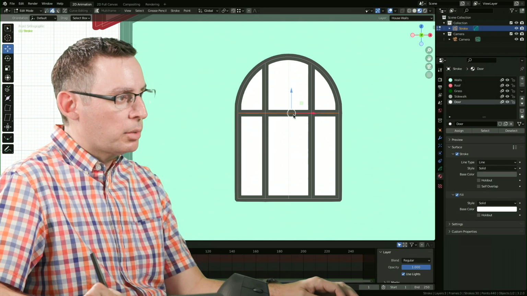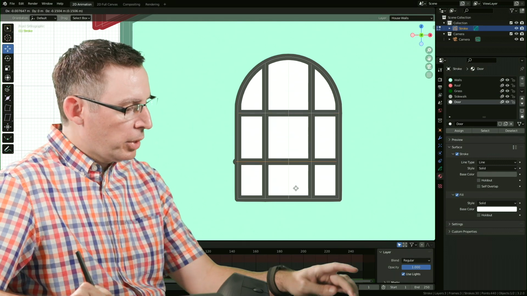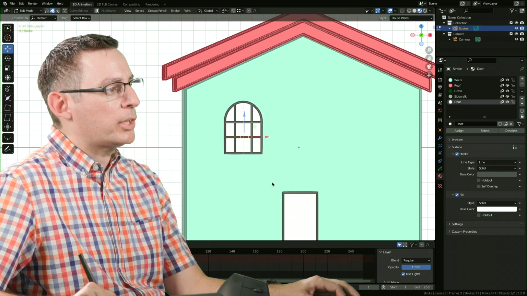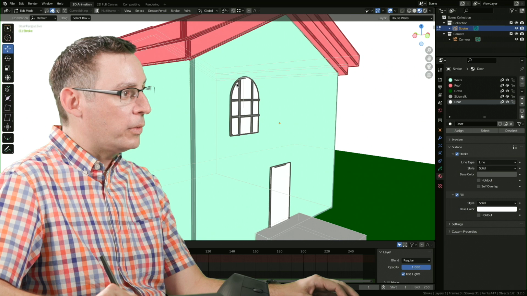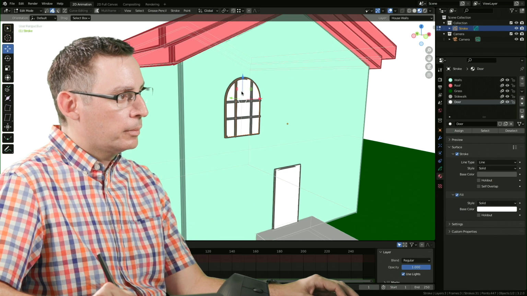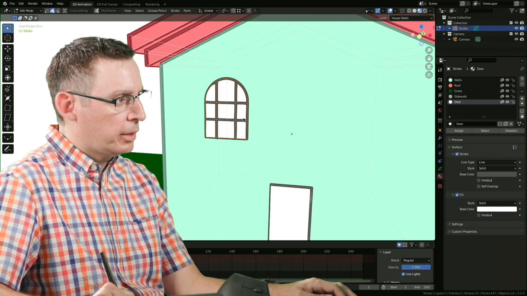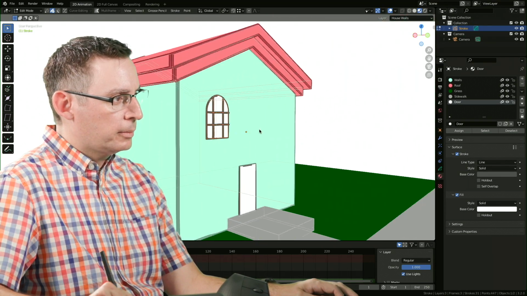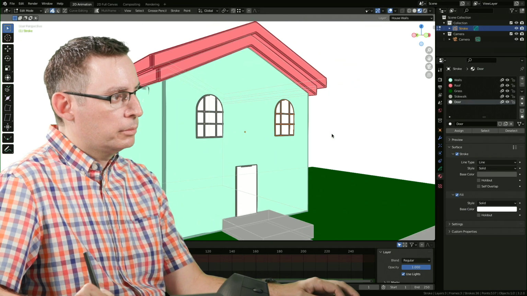Back into stroke selection mode. I'm going to duplicate that one more time. Bring it down along the Z-axis until, I don't know, something like that. That looks like a lot of fun. That's a pretty convincing little window. Now I'm going to grab all of these pieces. Be very careful with what I'm selecting here, to ensure that I don't accidentally get the back side of the house. There we go. Shift D along the X-axis. Boom, now we have 2.